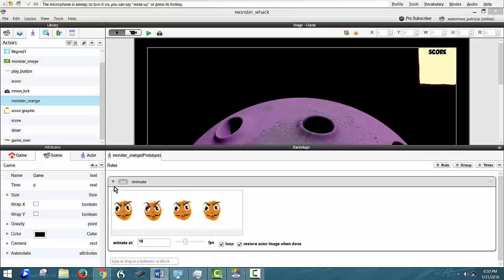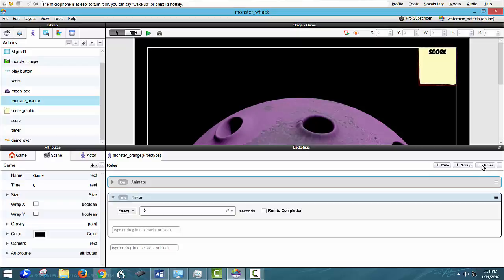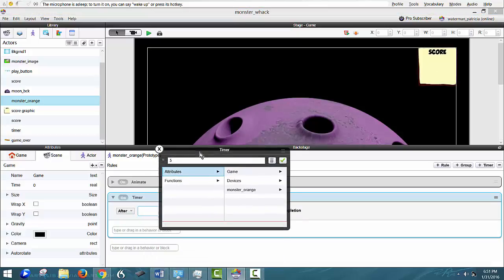I'm going to go ahead and close this one little behavior to make more room on my stage. And I am going to say that I'm going to add a timer. Okay, so I'm going to add a timer, and the timer is going to say that after, and we'll add something called an attribute, a function called random. After a random